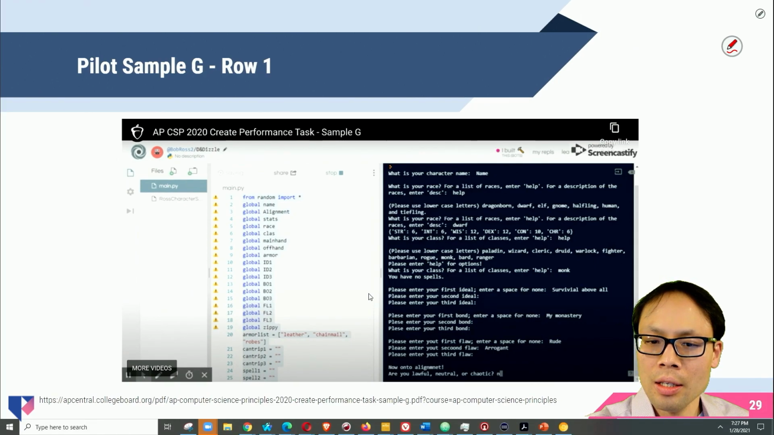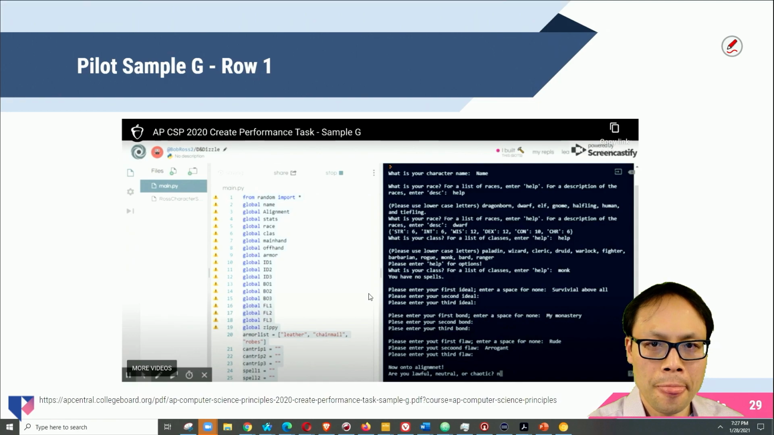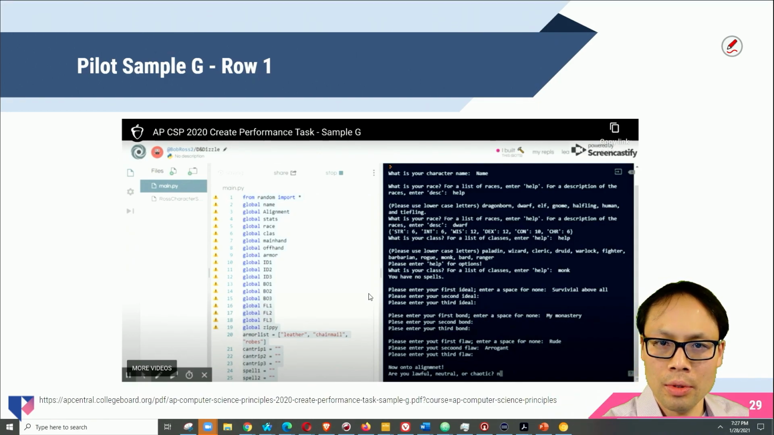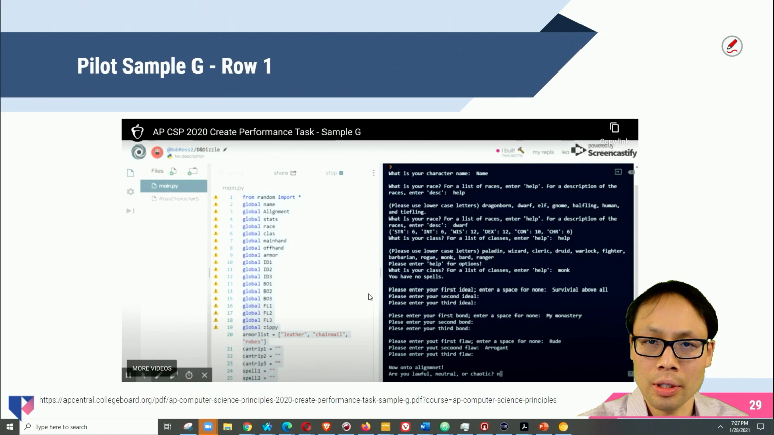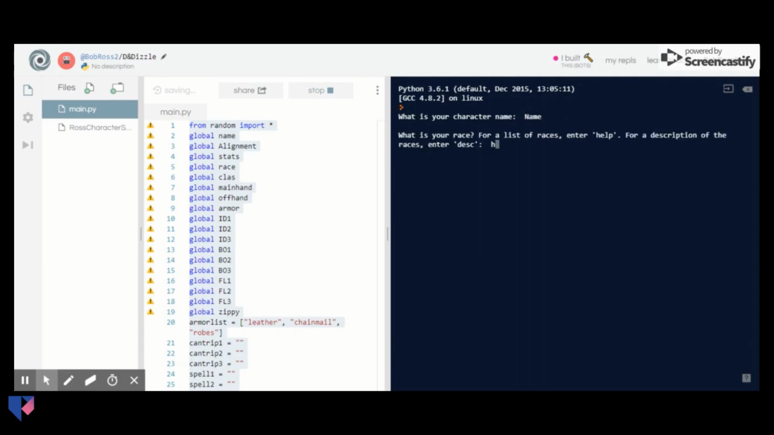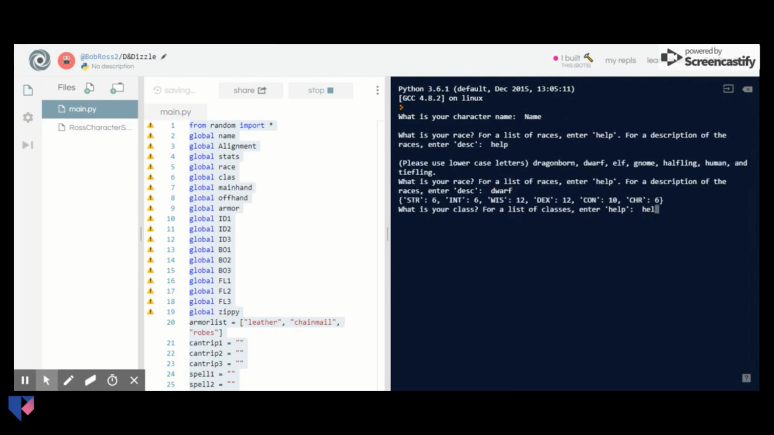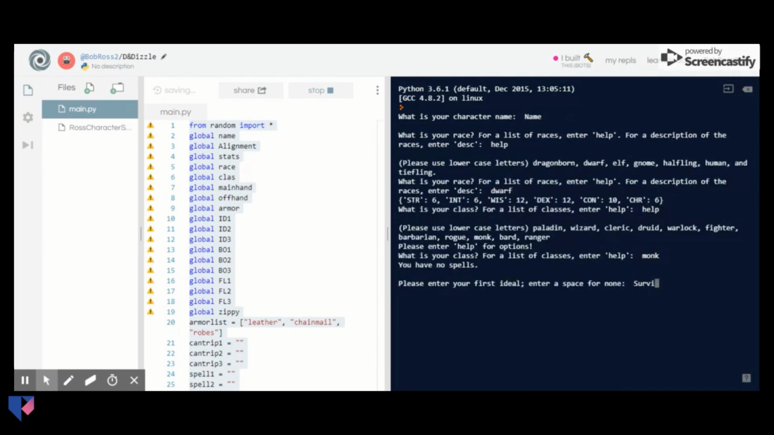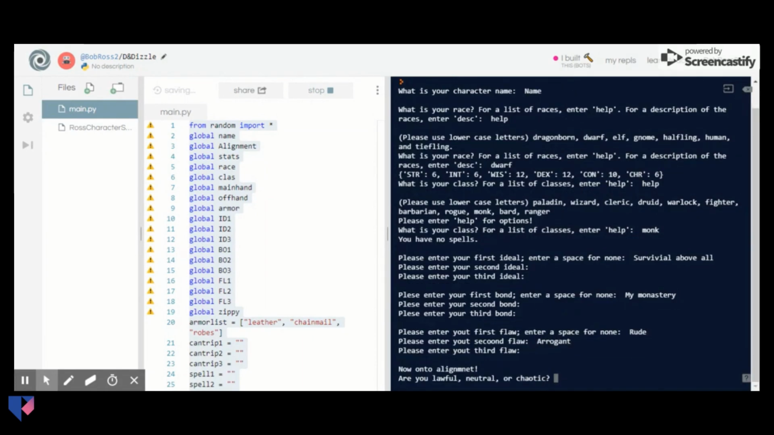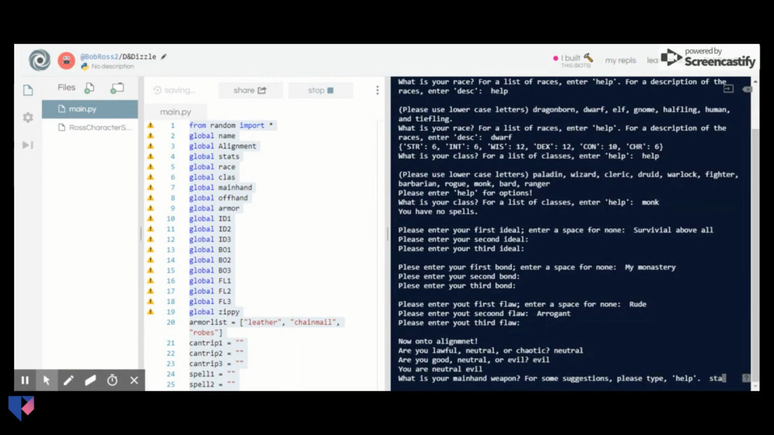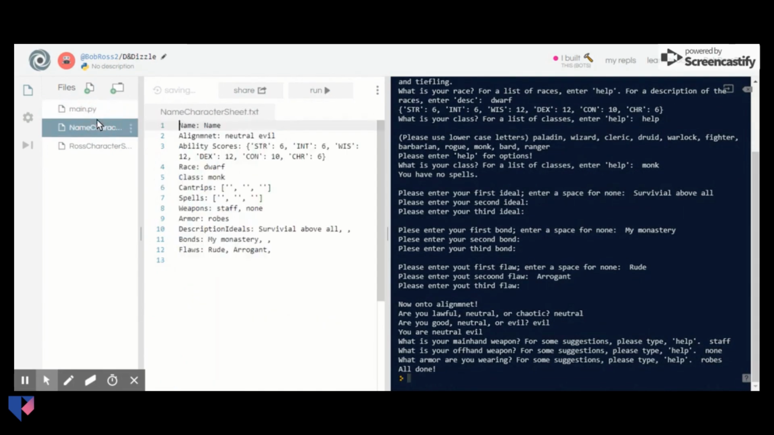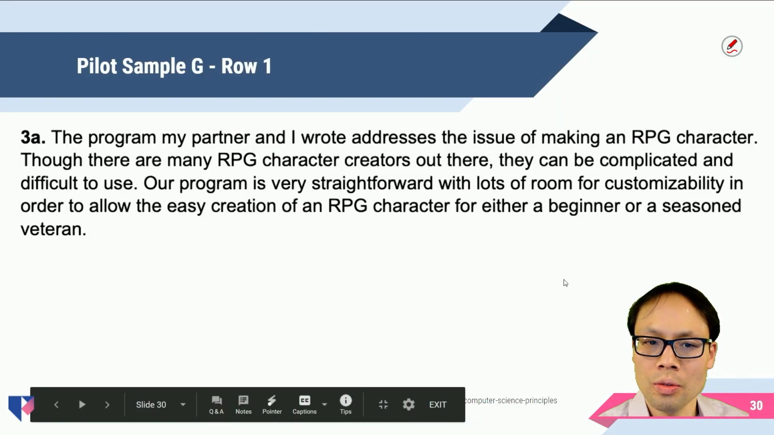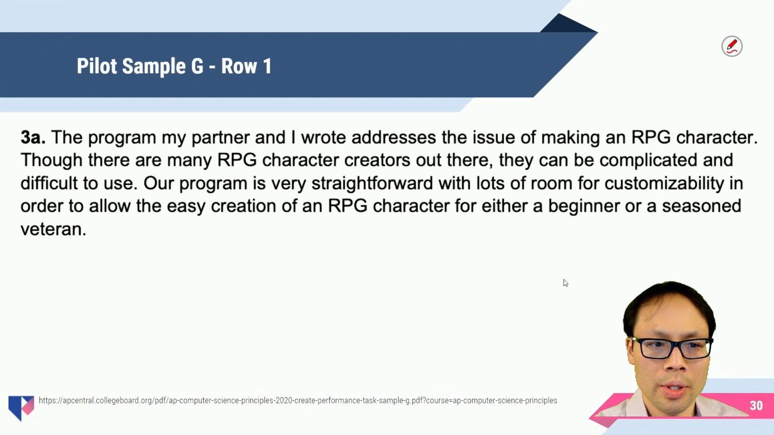So row I took a screenshot of the running program. You can click on the running program on your own and see what it looks like on the College Board website. The student here is trying to make an RPG game, kind of an adventure game, I think, was his or her or their intention. They put in their name, give a description of what their character is going to become, give some attributes, etc. And the student wrote inside of row 1 when they submitted it: